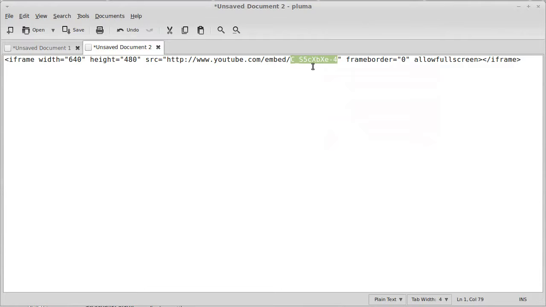This is actually the ID for the video. But we don't need the whole piece of the code. We just need that little bit, like gobbledygook. Got gobbledygook there. So I copy that and I put that into